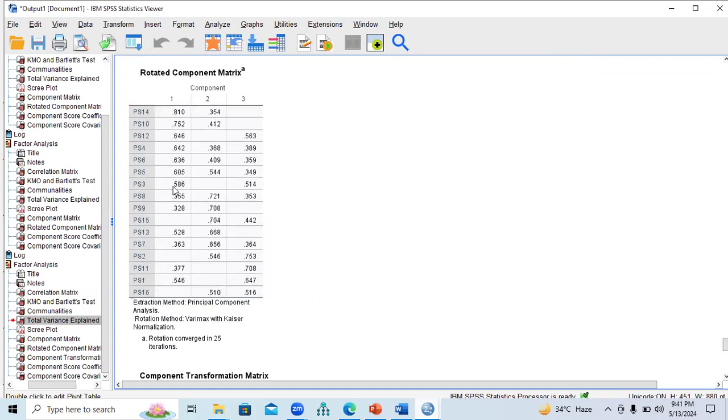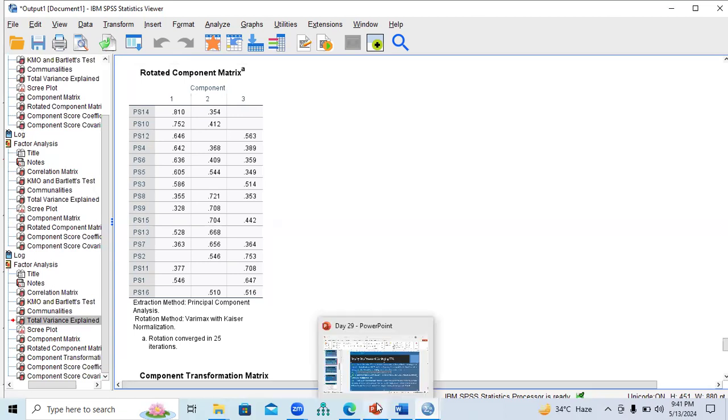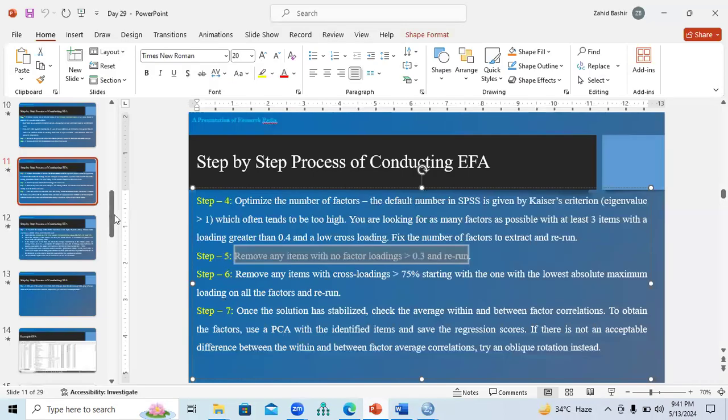So this is how you can consider the EFA. I hope you will understand the procedure. You just need to practice how to run an EFA and how to interpret the values. As I have mentioned the criteria here, you need to